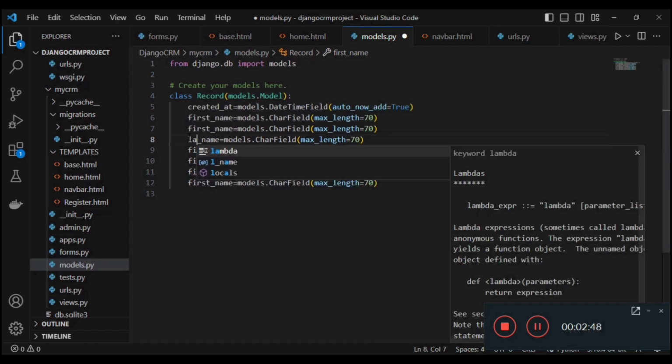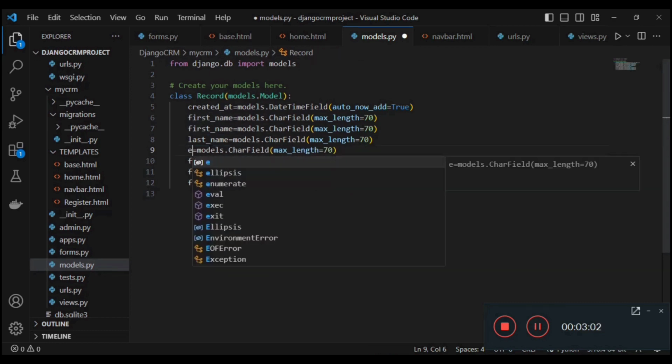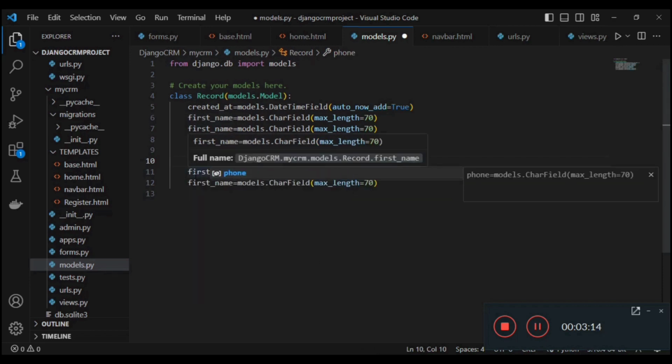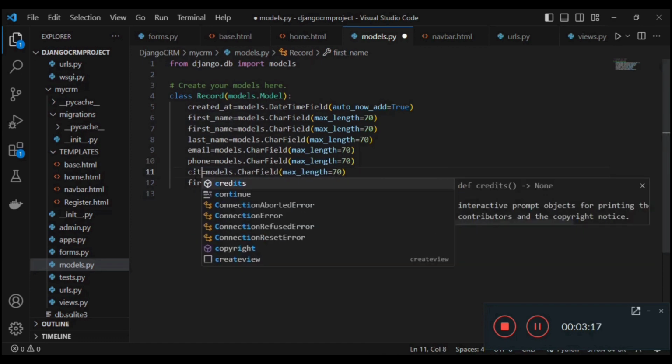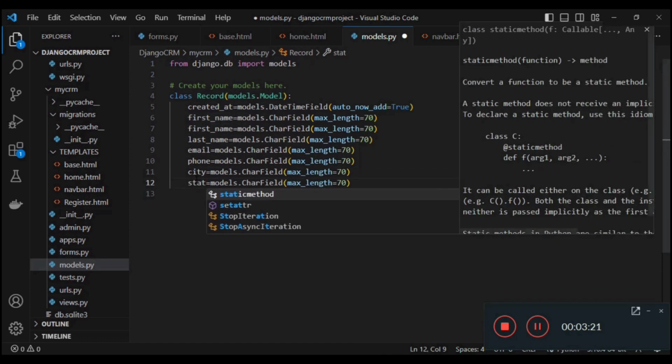So second will be the last name, then email, then password, then phone number, after that city, then state,